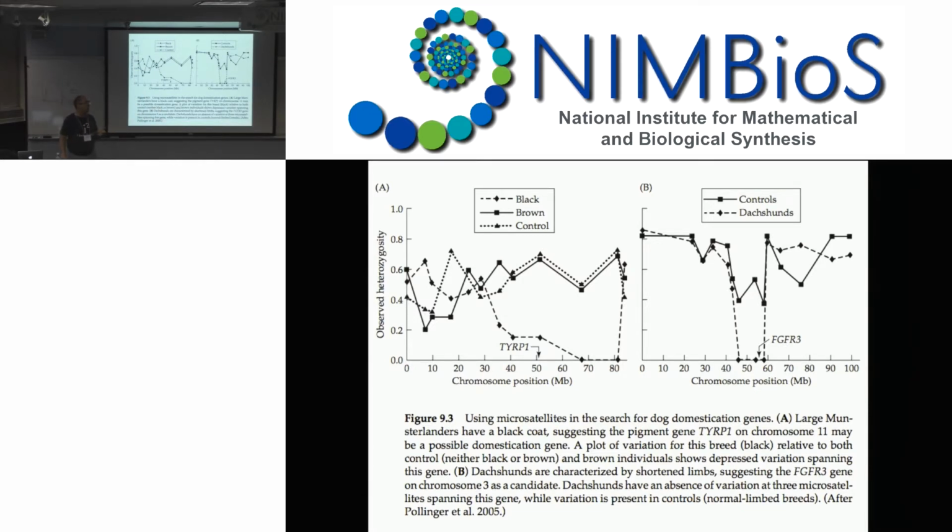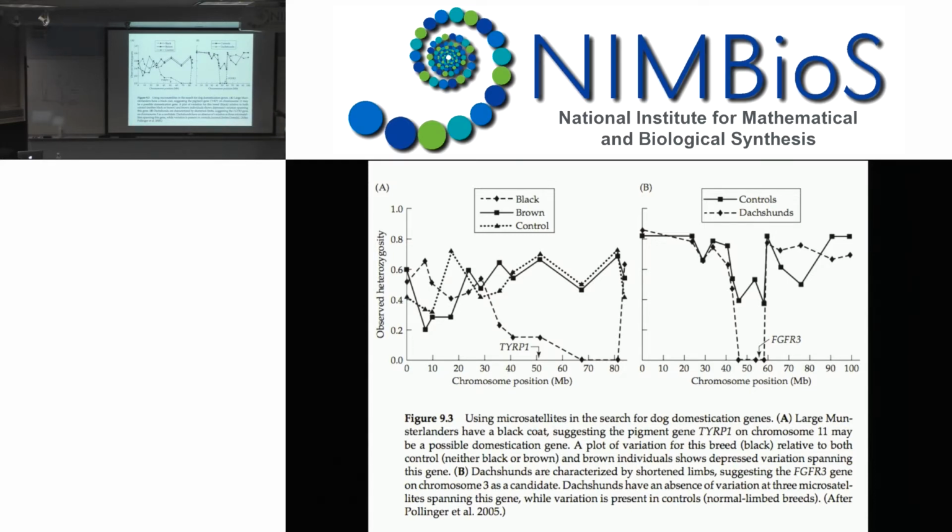When you have a sweep, because of how recombinations occur early on randomly, it's not the case that right in the middle of the sweep is the target. That region of variation around that sweep is asymmetric. So if you tried to map the target gene, you'd say it's over here, when in fact there's a good idea that actually this is probably the target of the sweep. And one of the reasons you might see this is it might have been several different haplotypes, so you have a soft sweep, so you don't pick up a clean background. In the Dachshunds,